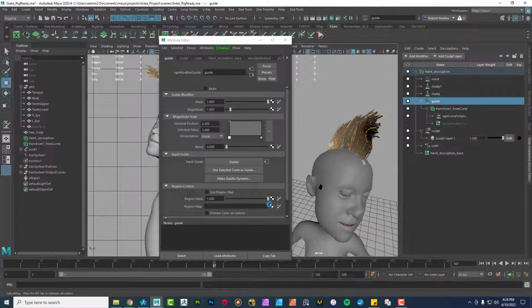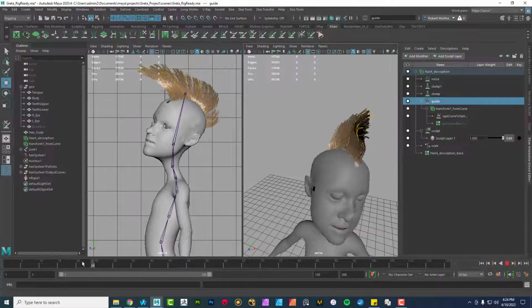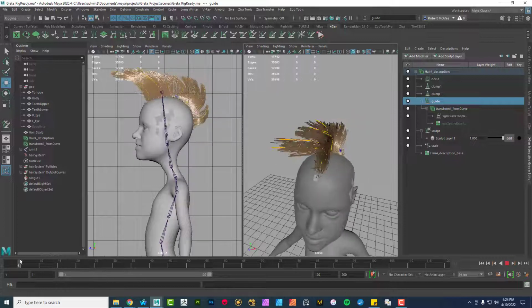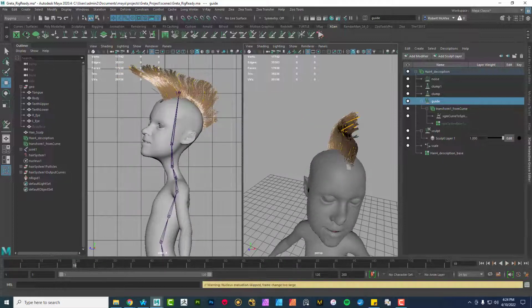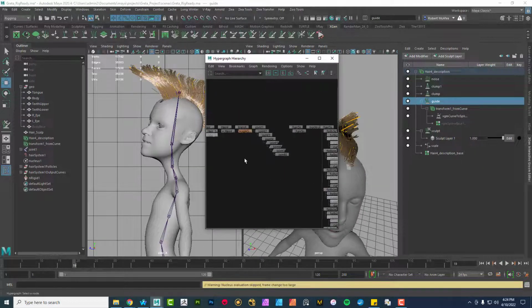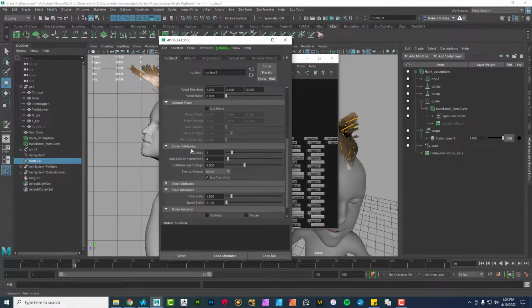I probably could have made it stop a bit sooner if I hold down escape. There, I can make it stop. We can just look at the cache. If we go backwards, nothing, nothing, nothing, nothing. Oh, there it is, and I can slide this way, that way. There still seems to be a little bit of dynamics on. I suspect that if I find my nucleus and open up the attribute editor for it,